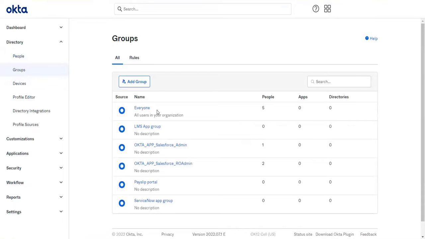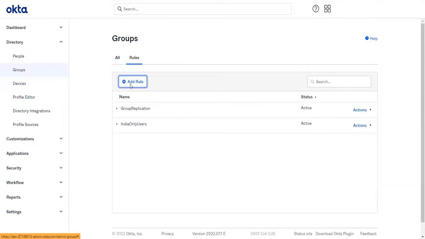It's like the domain users group in Active Directory. So whenever a user account is getting created in Active Directory, automatically that user account will be added to the domain users group. Same thing here also. There is an Everyone group which will be added to all the users getting created in Okta. Okay. We are going to make use of this Everyone group. Okay. Go to Rules.